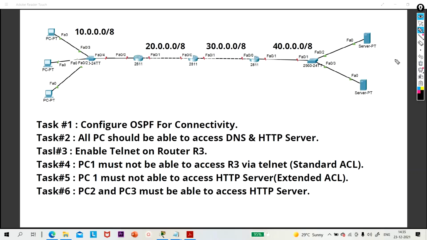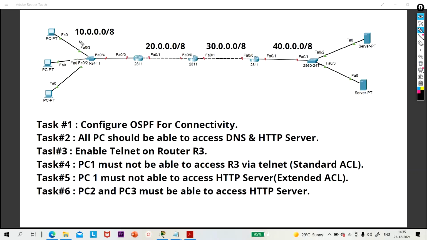I will configure IP addresses on PC1 as 10.1, PC2 as 10.2, PC3 as 10.3, and I will configure 10.10 on the interface Fast Ethernet 0/0 of R1. So for these users, the default gateway will be 10.10.